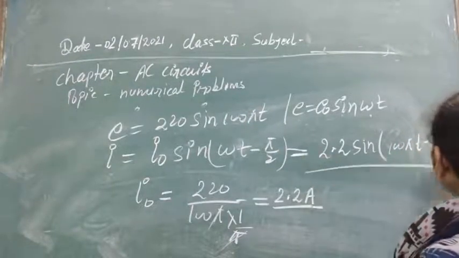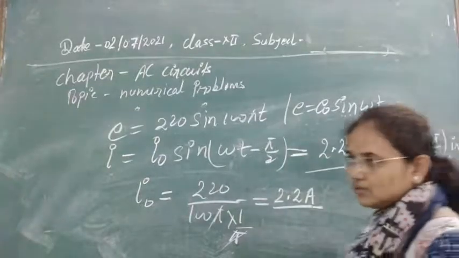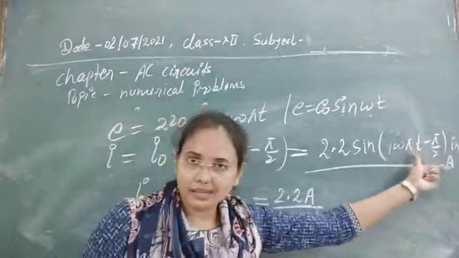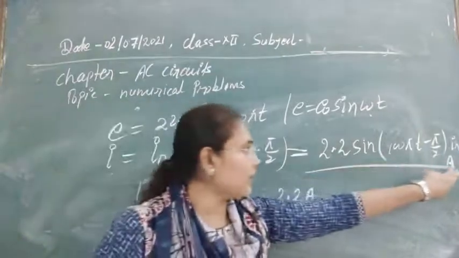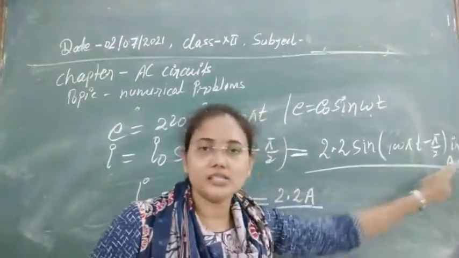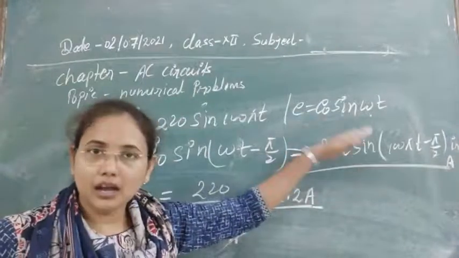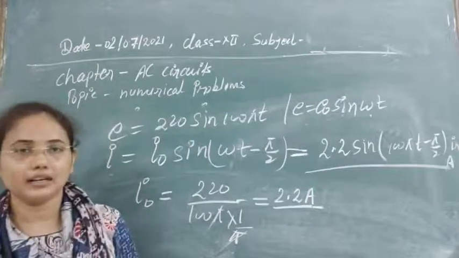So this is the equation in ampere that you have to write down, because sometimes we also use the unit milliampere in our electronic and electrical circuits. That's why you have to mention the unit of the current after the instantaneous value. This is the equation of the current flowing in our inductor at any instant.